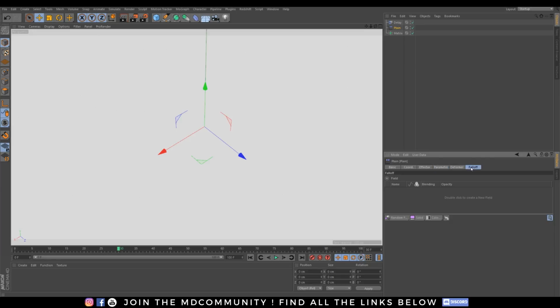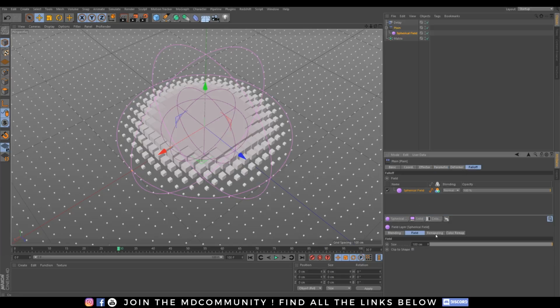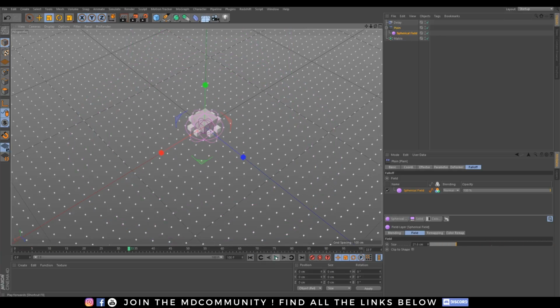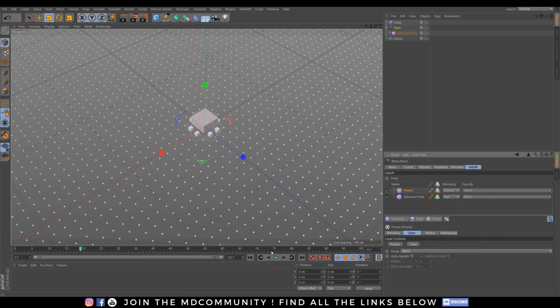Let's go into fall off and let's take our spherical field. Nice. I can decrease a bit the effect. Okay. Then I will set it to max. I will go there and I will add my freeze effect.